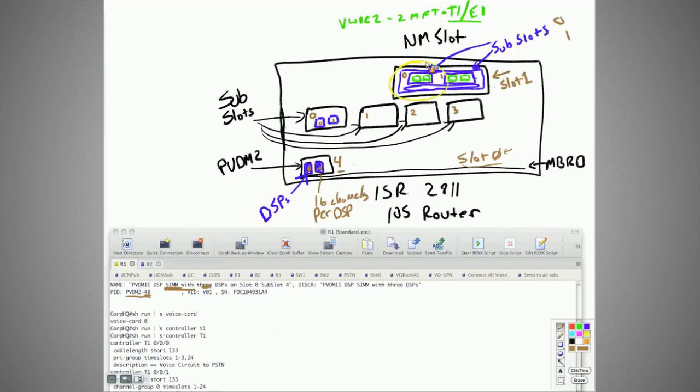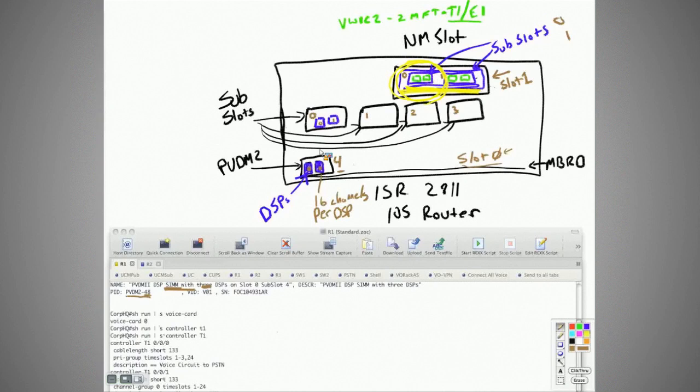Maybe I've got a voice VWIC T1 up here on my network module HDV2, NM-HDV2, and I have no DSPs internally here, no DSPs at all. But I want to be able to enable voice termination for this, slot 1, subslot 0, T1,